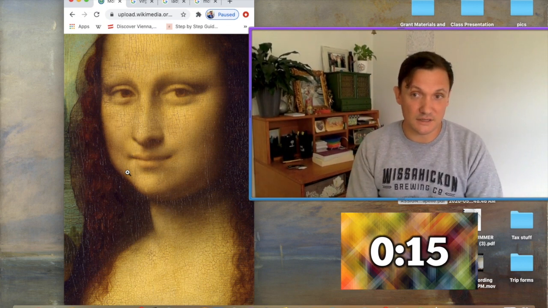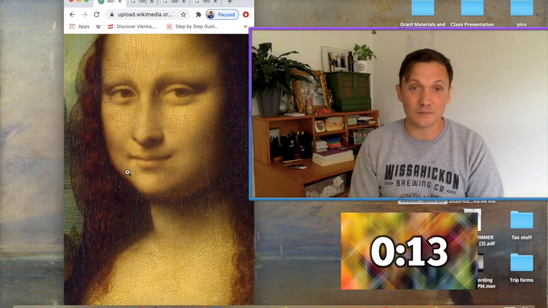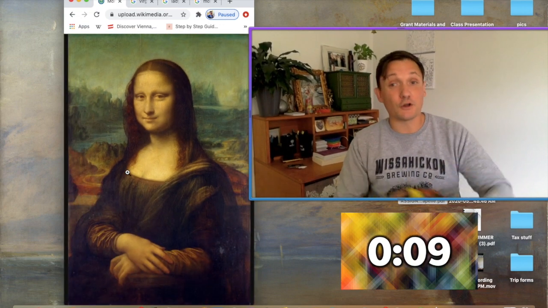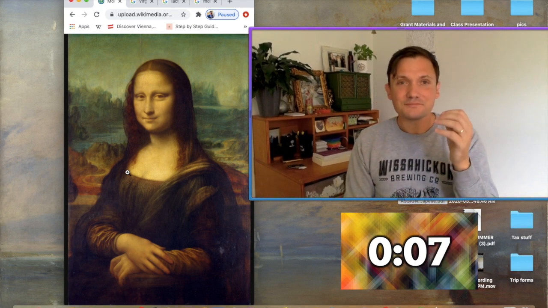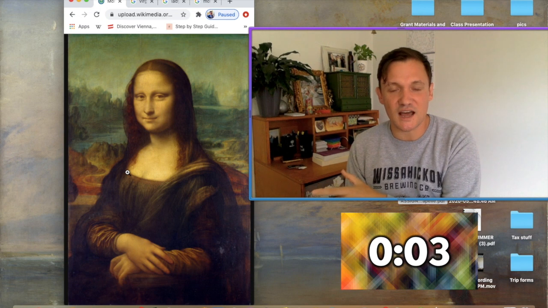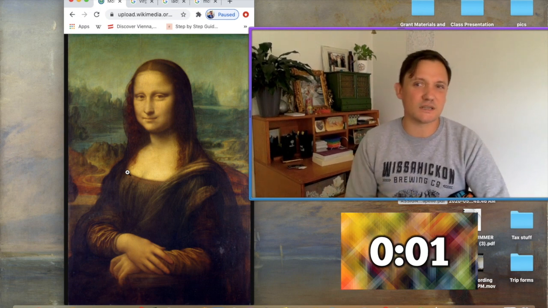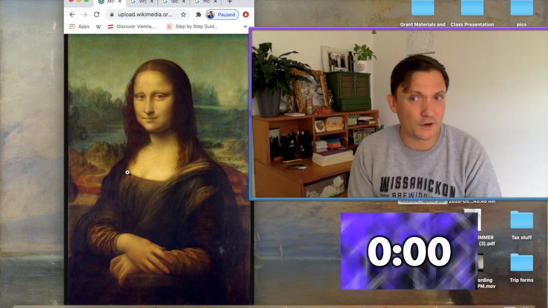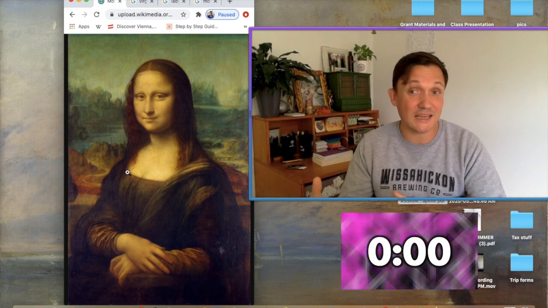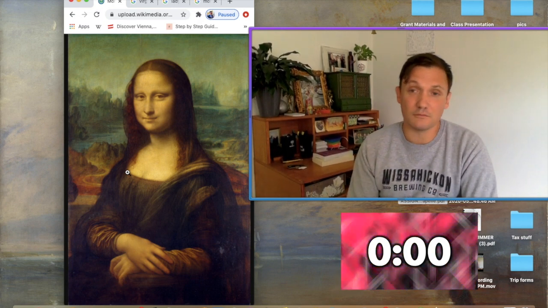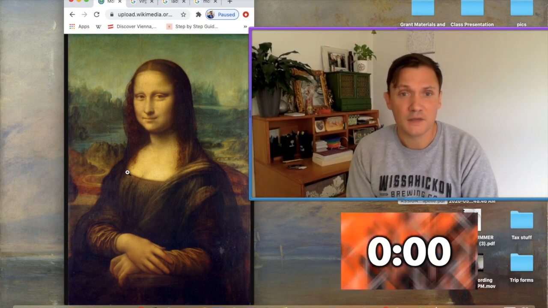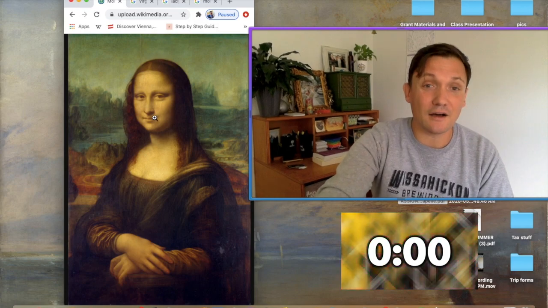Everybody has theories, though. My favorite theory in particular is that some art historians have floated the idea that she might have been smiling at something happening off to the side of the picture, because Da Vinci would sometimes hire performers and actors to sit there and entertain the viewer while the artwork was being painted, because the models have to sit for extremely long periods of time. So some people have floated that theory. I also believe in the theory